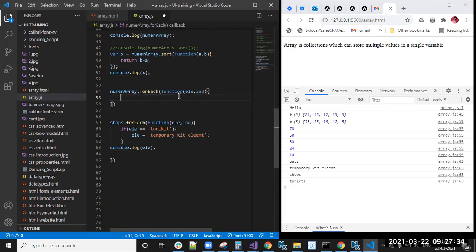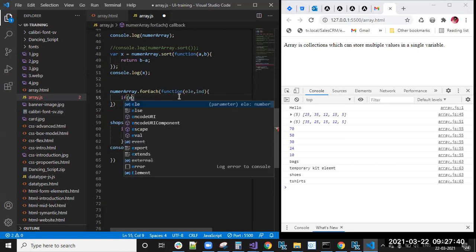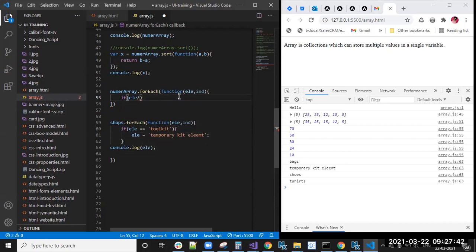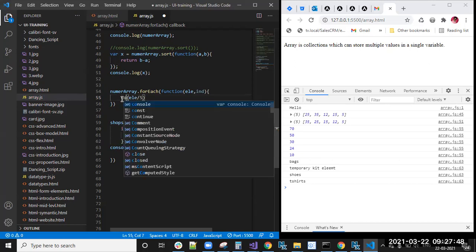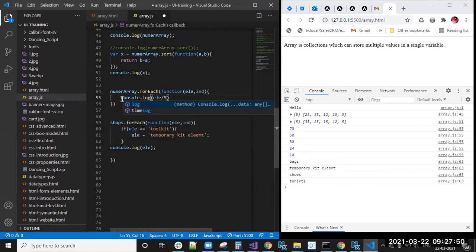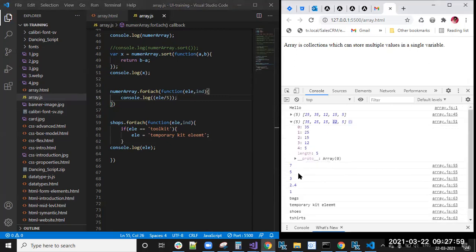And here we can write console.log of ele divided by 5. See, this 12 is there, right? Because of that we got 2.4, in decimal points.